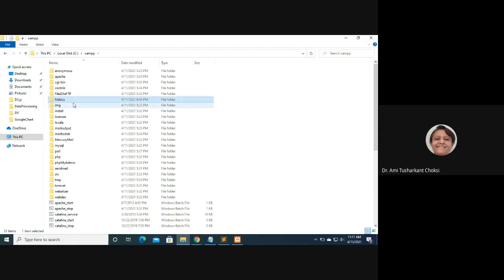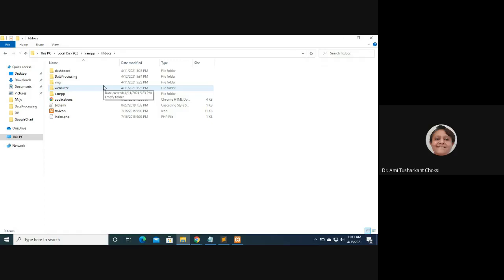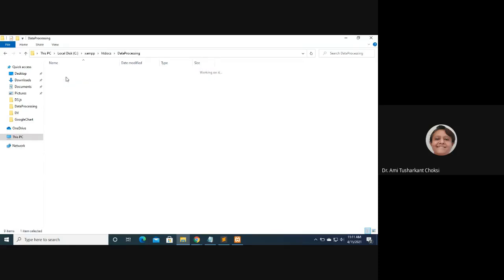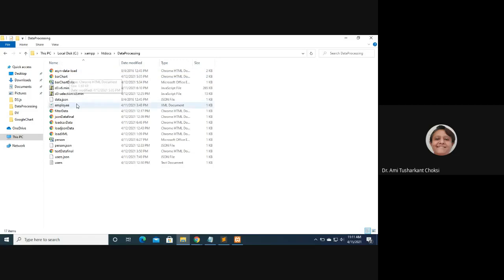Inside that, htdocs is there. In that we have to put whatever data we want to put. If we want, we can put a directory also. Suppose for data processing, I have made a folder, so I can access any file from this.